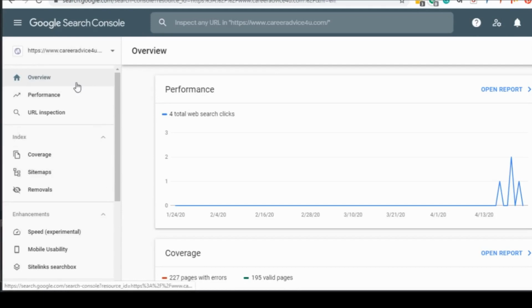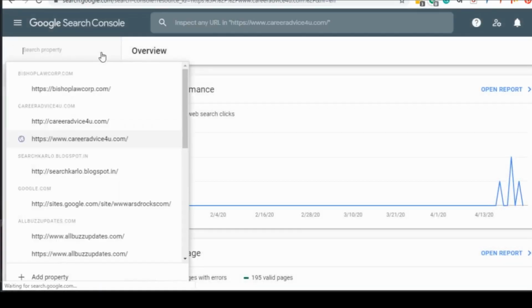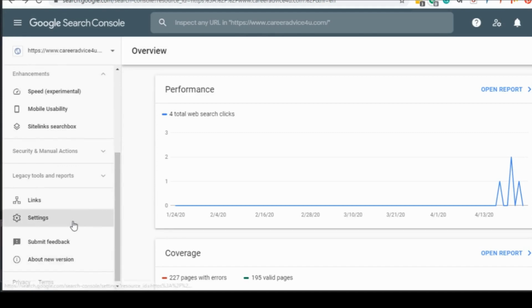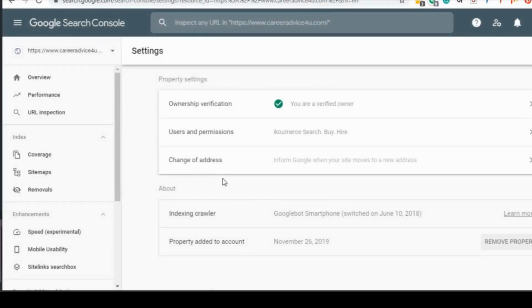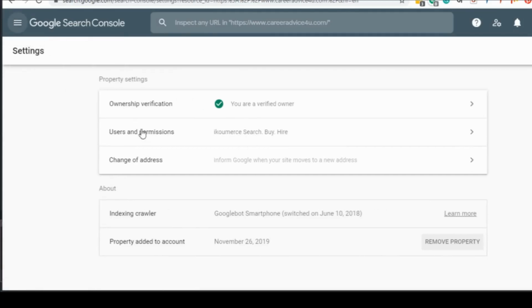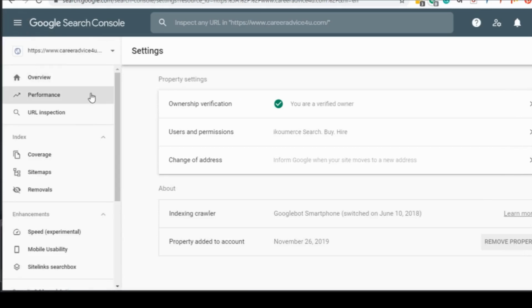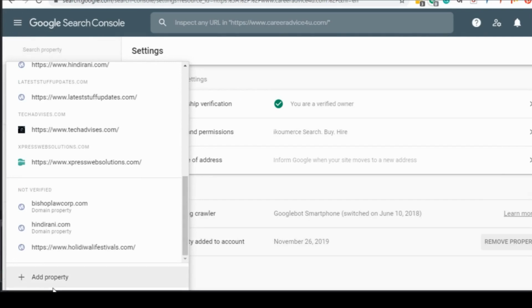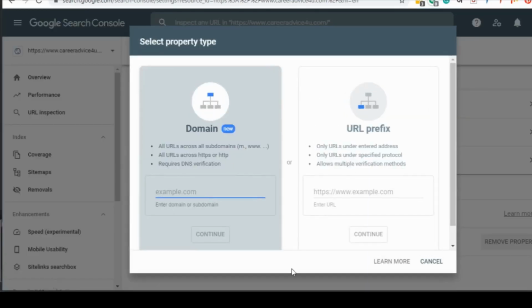I'm already having different websites, different properties, so we will go to the settings area. Okay, just click on add property.